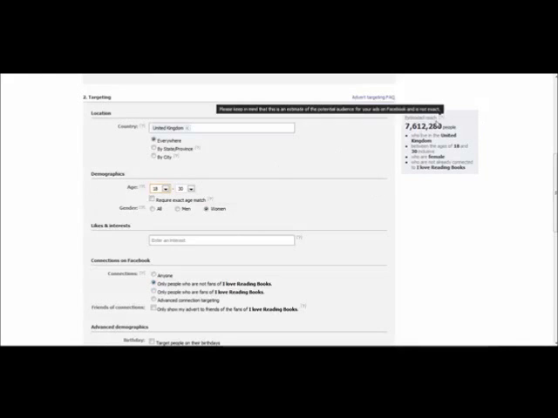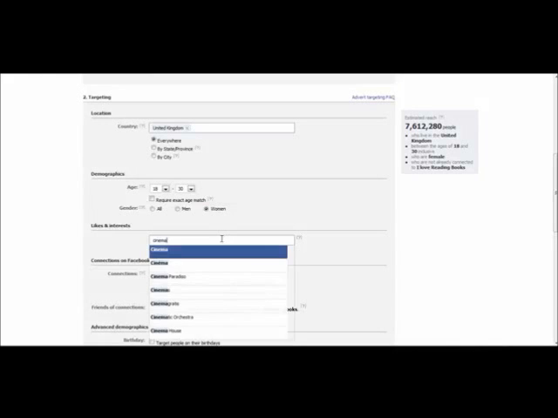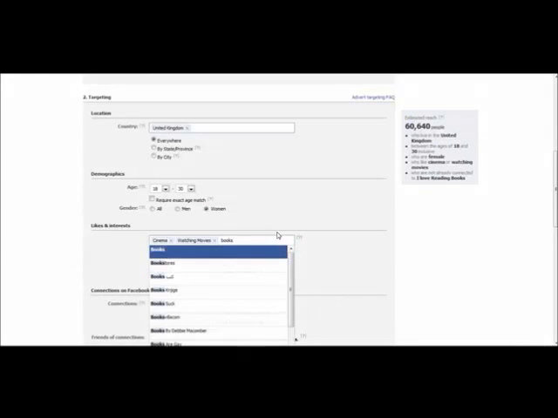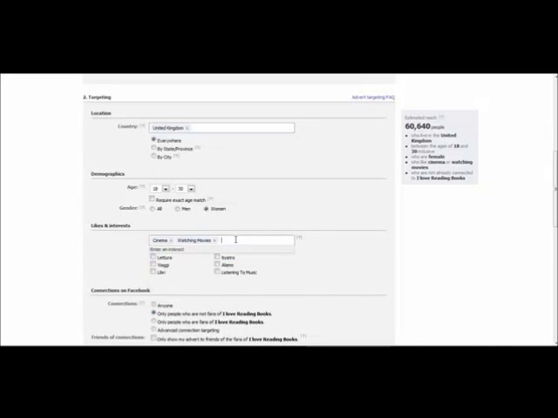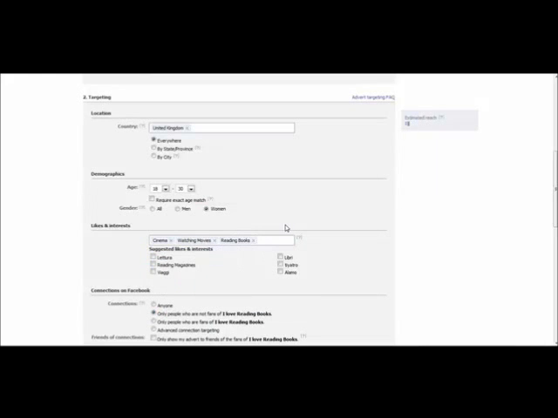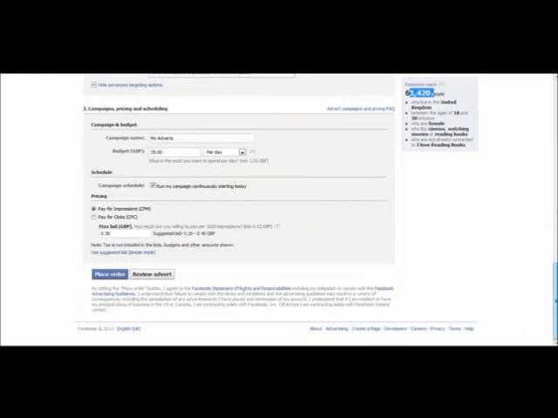So what we want to do is get that down, so we can put something like cinema, watching movies, books, or reading books. Reading books, 61,000, as you can see, estimated reach.